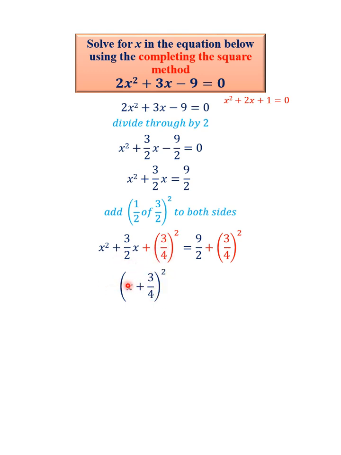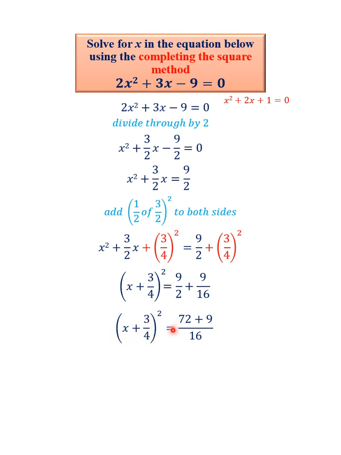By the time you expand this expression, you are going to get this expression back. So the left-hand side is the same as this. Expand this and you get this. And the right-hand side will be equal to 9 all over 2 plus 3 squared is 9 and 4 squared is 16. So you have 9 all over 16. It's getting simpler. We can now solve the right-hand side, and this reduces to x plus 3 all over 4